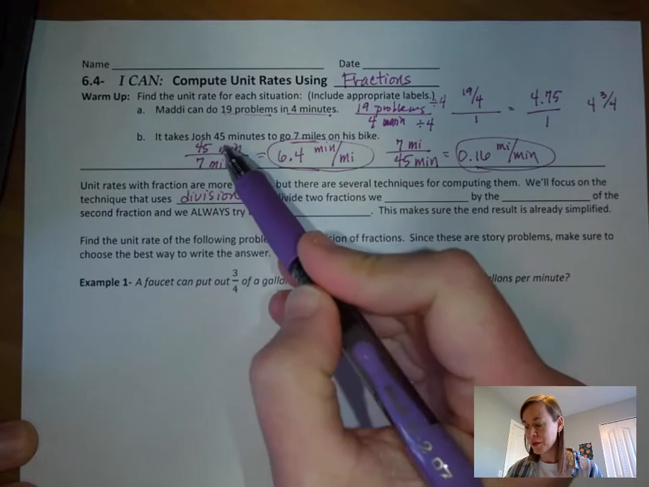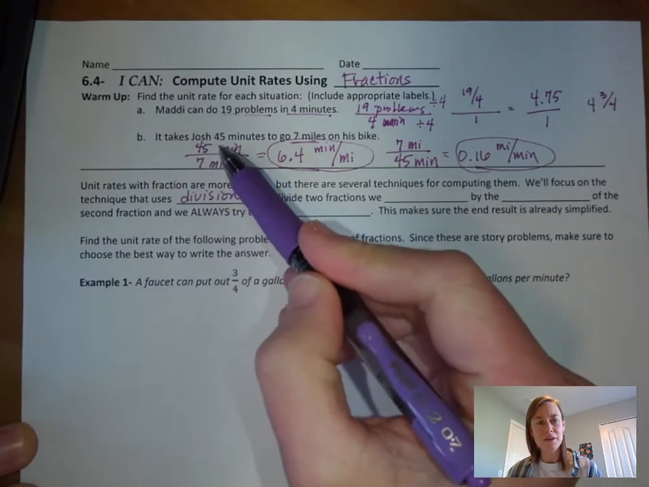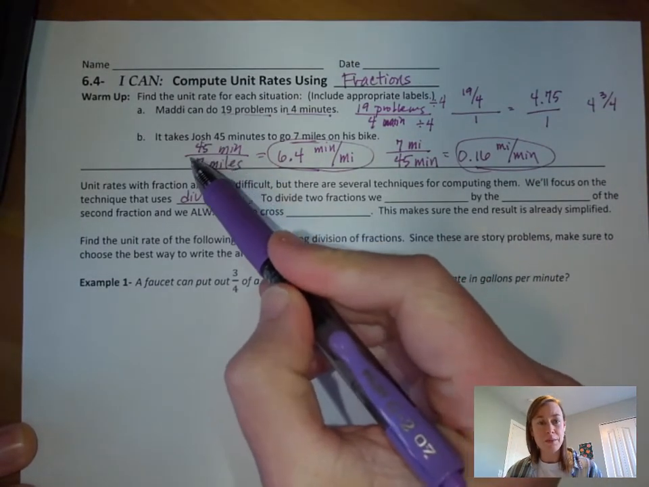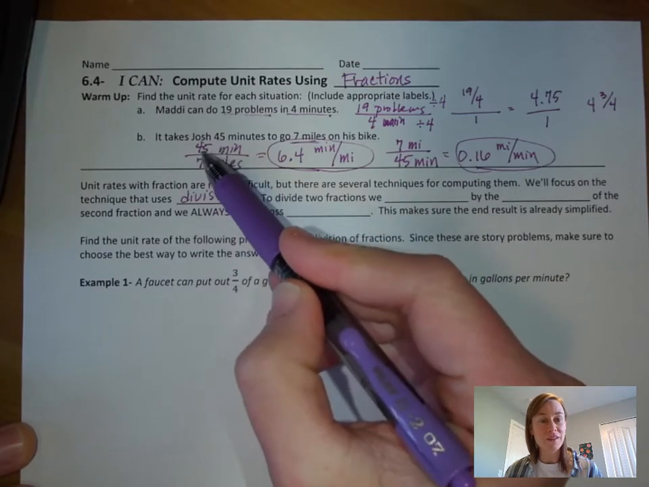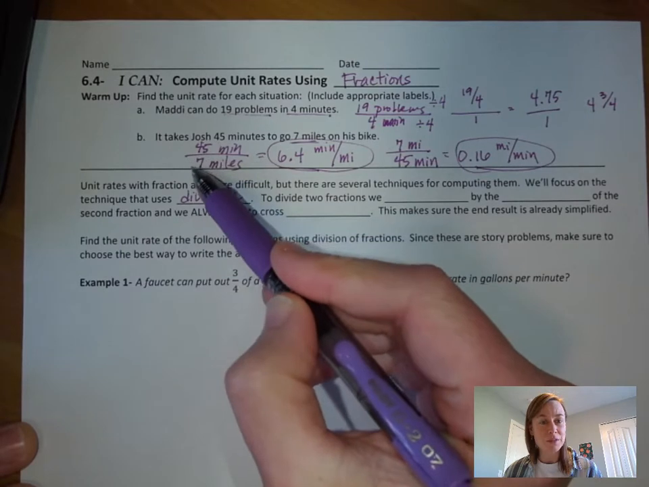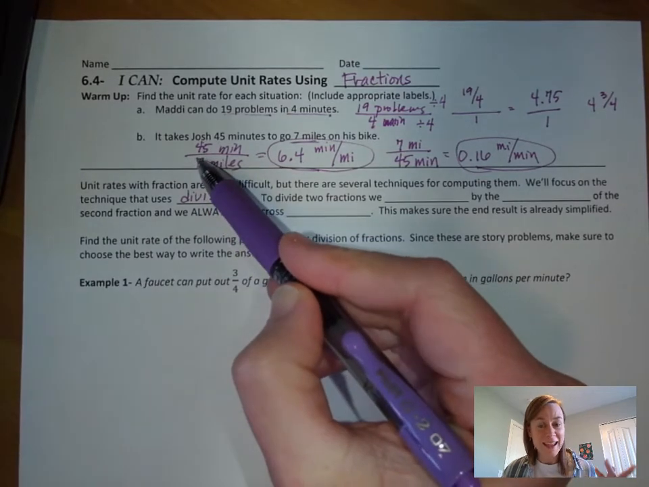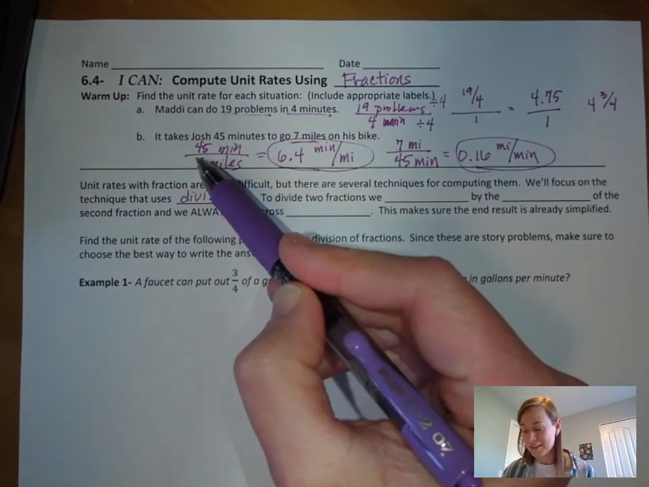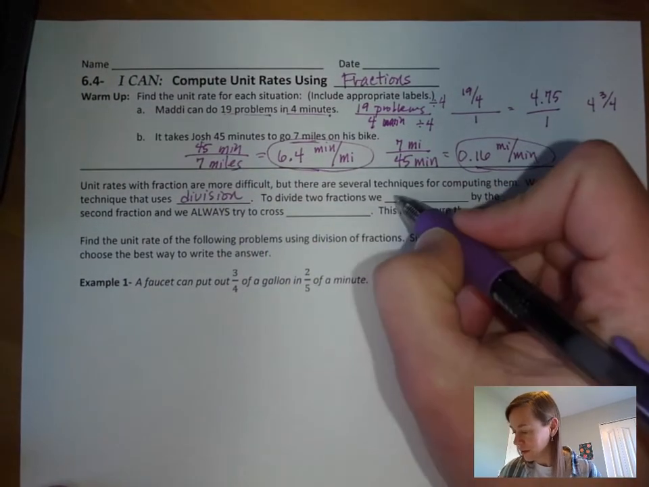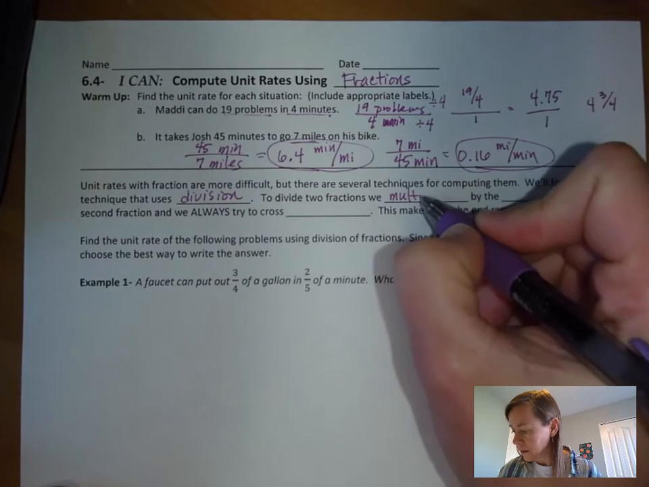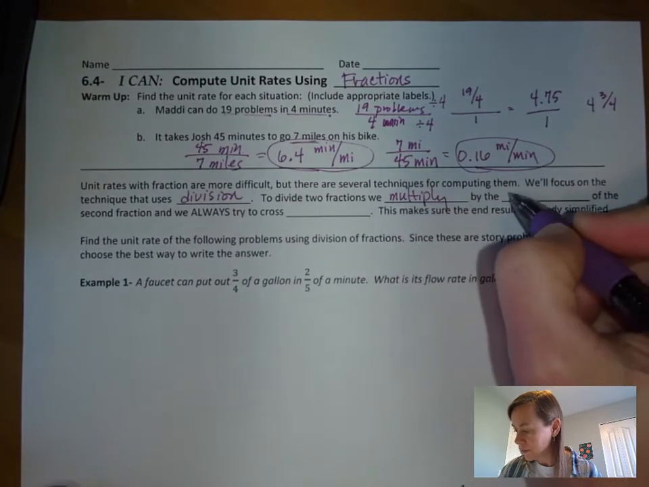Okay, and that's what we were doing right there. You're just taking the top number and dividing it by the bottom number. Now, imagine for a second that the top number was a fraction and the bottom number was also a fraction. And that's what we're talking about doing today. So let's keep reading. To divide two fractions, we multiply by the reciprocal